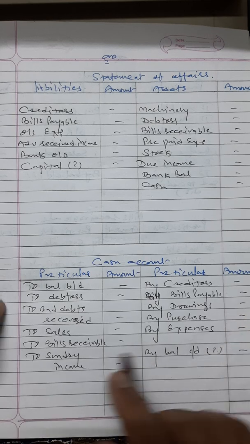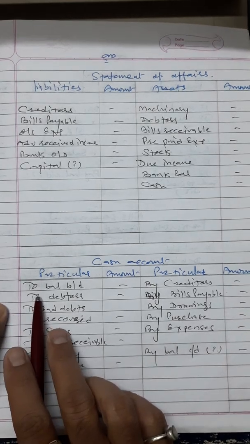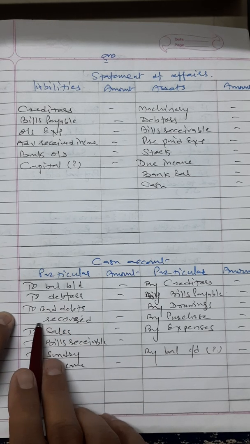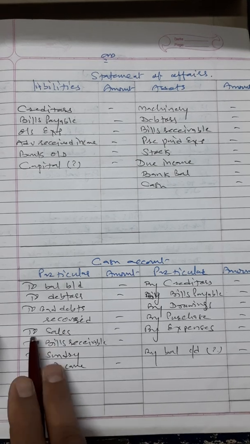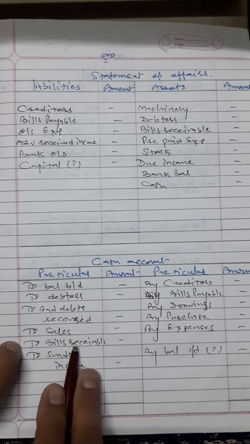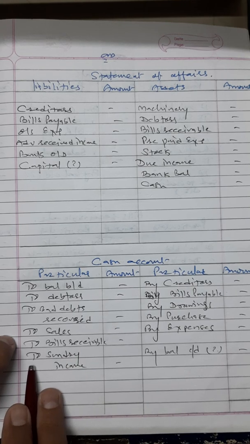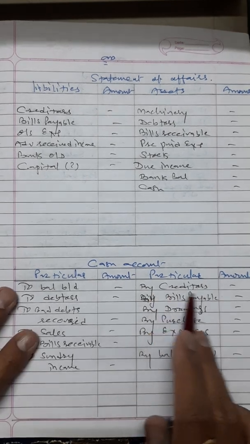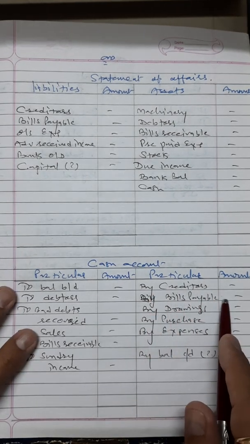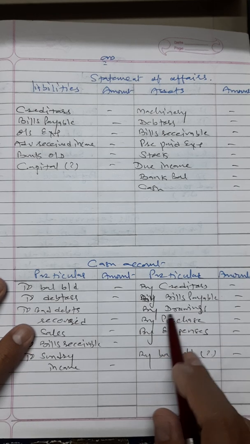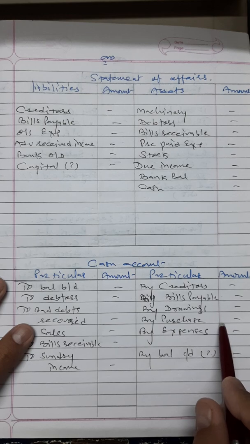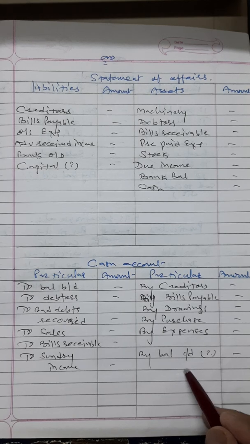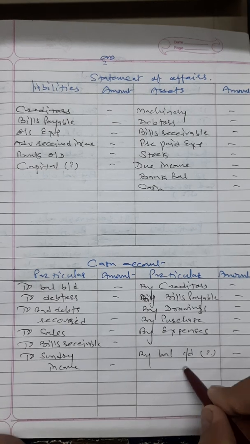Then after it comes the cash account. In that, on the debit side you have to write the opening balance, then cash received from debtors, bad debts recovered, cash sale, cash received from bills receivable and any other sundry income. While on the credit side you have to write cash paid to creditors, cash paid for bills payable, amount withdrawn by owner, cash purchase, expenses, and here you will find the closing balance of the cash account,